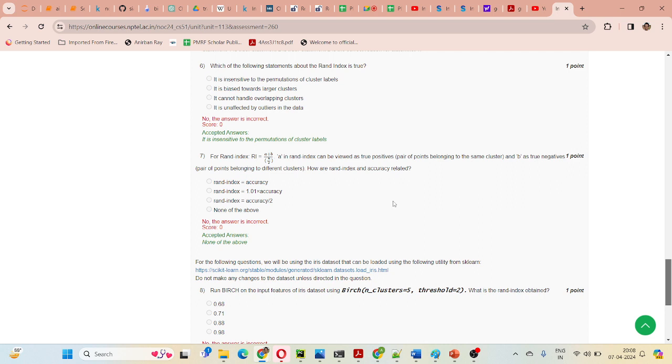So I think the RAND index is similar to the accuracy. No, I think it's A plus B divided by N, the accuracy formula. This is N actually. It should be N in case of accuracy. So accuracy should equal the Rand index by 2. So the Rand index, as I say,